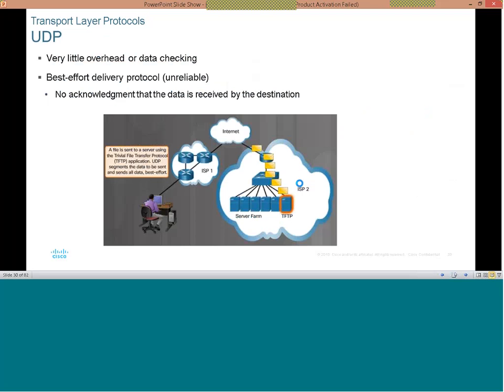Then this is the UDP. We've also explained the UDP, but very little overhead on data checking. It's a best effort delivery protocol that's unreliable in the sense that it cannot guarantee transmission to the destination. Because sometimes some of these packets are corrupt in one or two ways, and because it does not retransmit, it does not acknowledge, there's no way that you can actually get to hear that person again